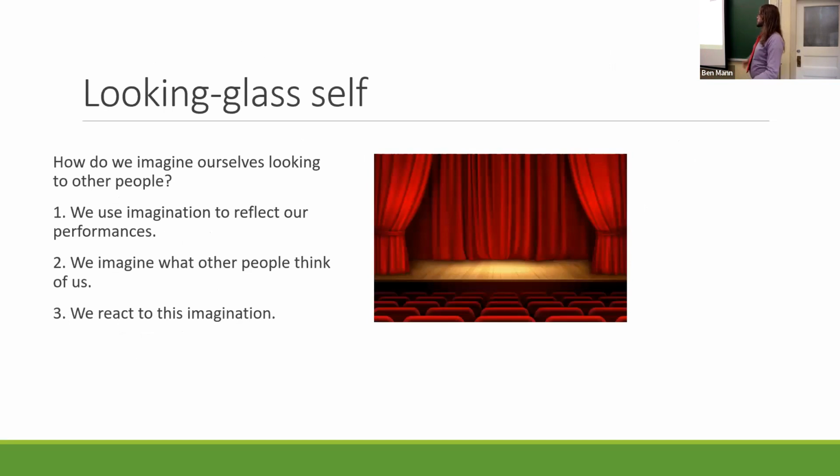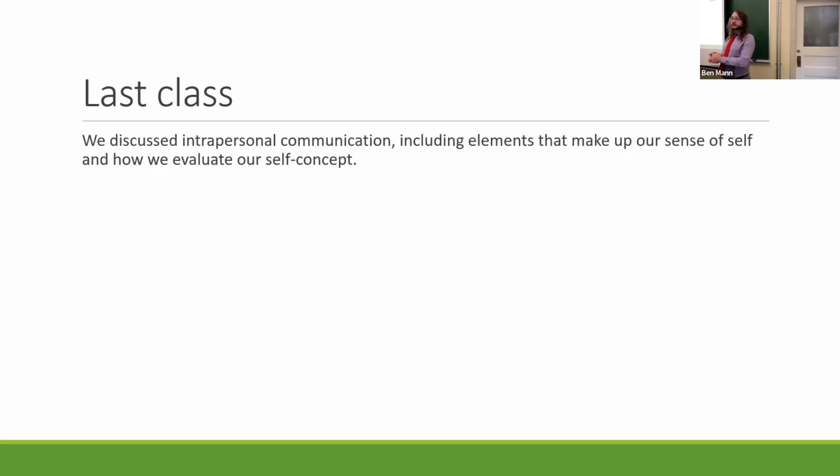All right. So we got into this and a few other ideas last class. Last class, we talked about interpersonal communication, right? Communication with yourself. It's a skill that we do that helps us to make decisions. And we also use it to make evaluations and figure out who we are and if we like the people that we are. Does anybody have any questions about anything we talked about last class or anything about the course more broadly at this point?